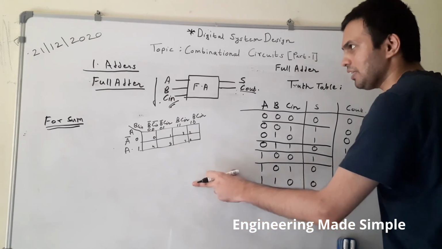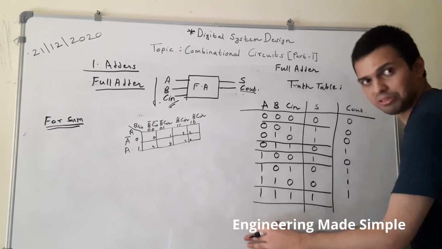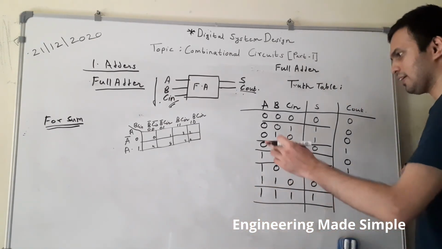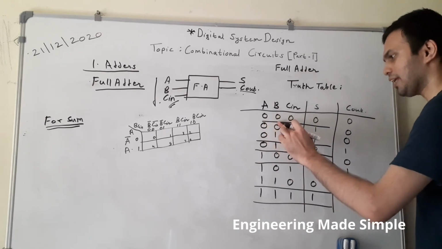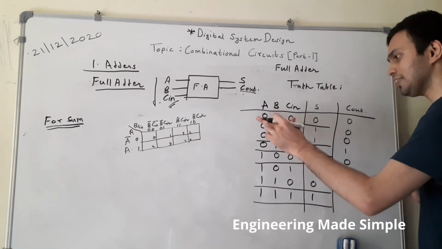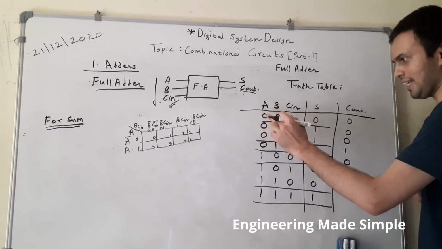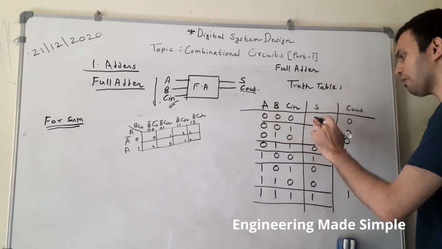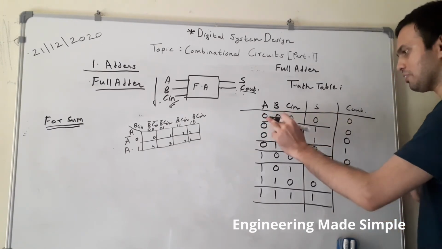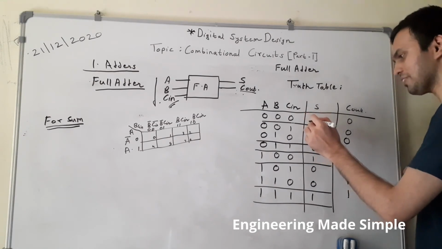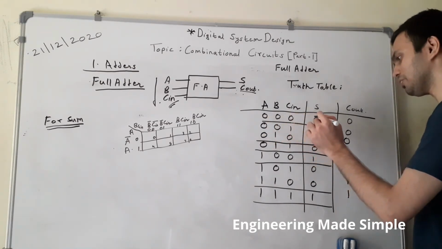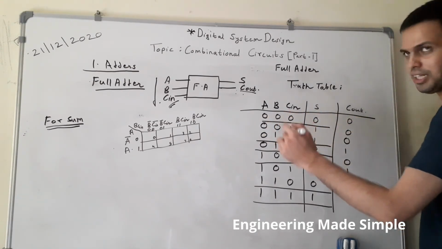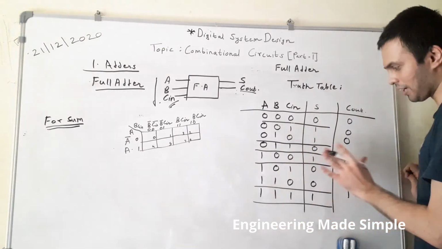Now we were discussing the full adder circuit. This is the truth table for the full adder, which can be calculated using the 3-bit addition we have just done, that is 0 plus 0 plus 0. We obtained the sum and carry outputs. I will explain the first entry again: 0 plus 0 plus 0, sum is 0 and carry is 0. Similarly, I have calculated the rest of the truth table.